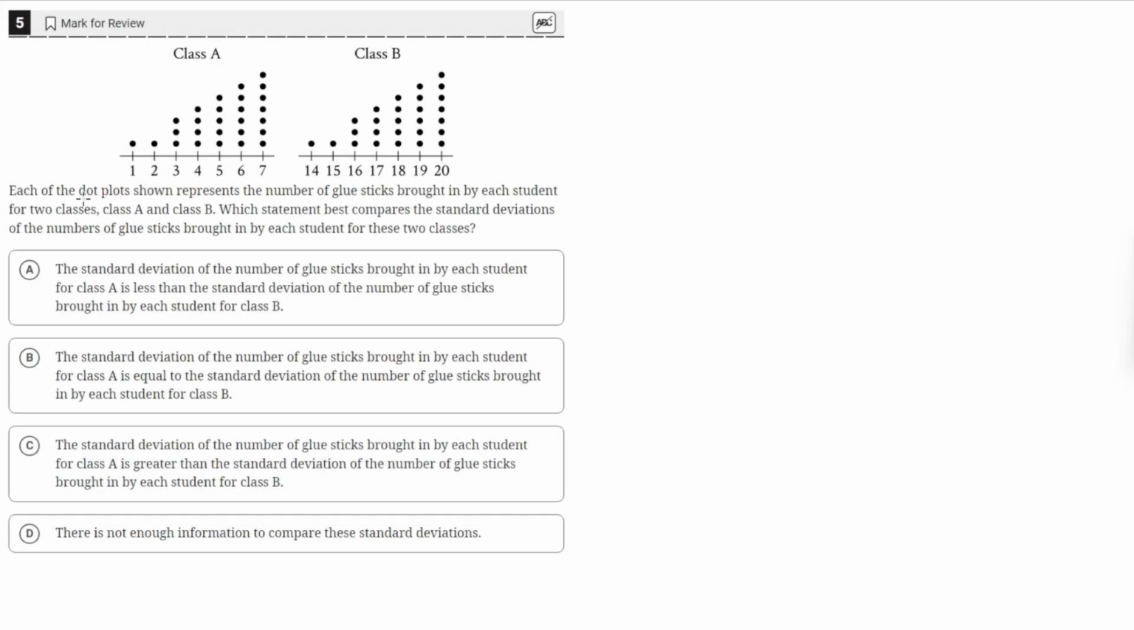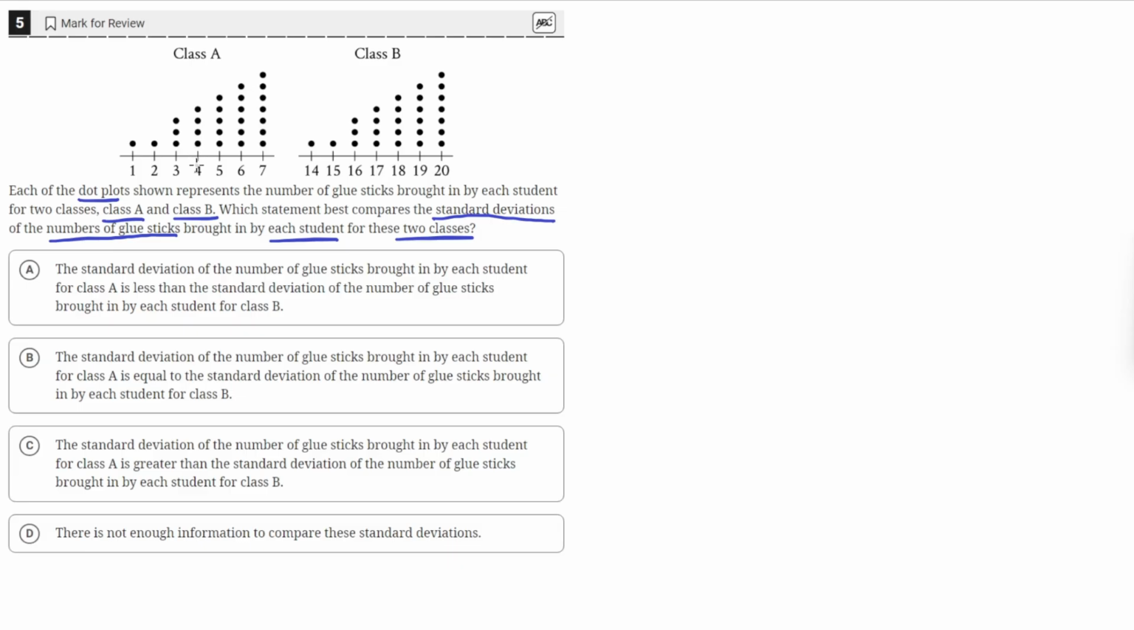Each of the dot plots shown represents the number of glue sticks brought in by each student for two classes, Class A and Class B. The statement that best compares the standard deviations of the number of glue sticks brought in by each student for these two classes. So we see that we have two dot plots showing the number of glue sticks brought in by